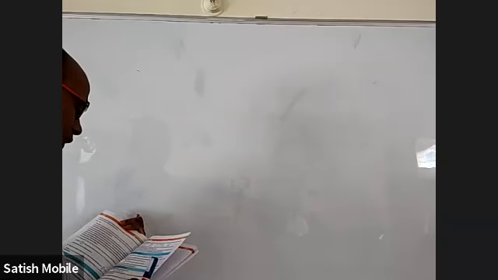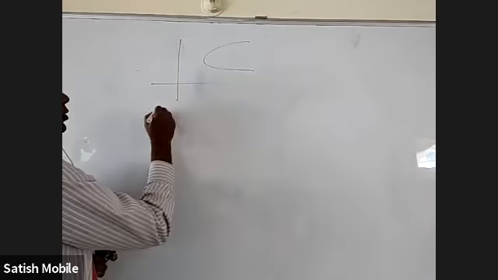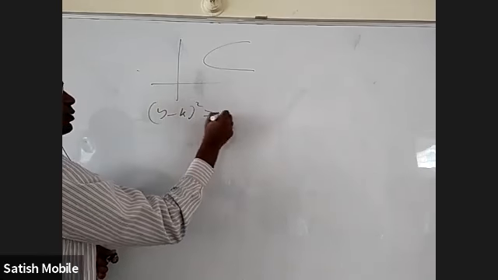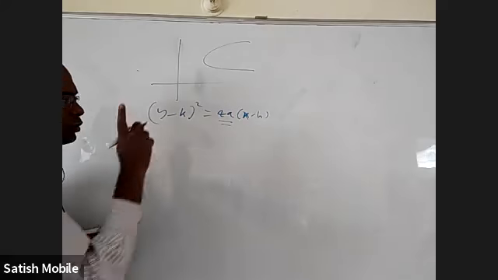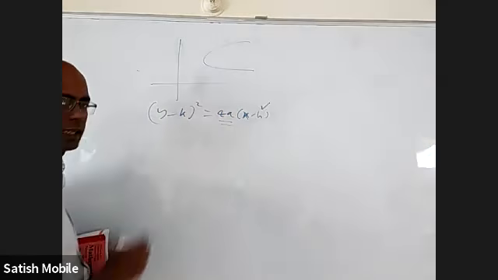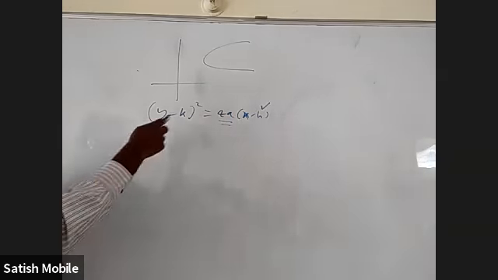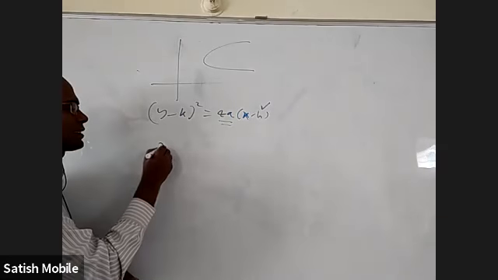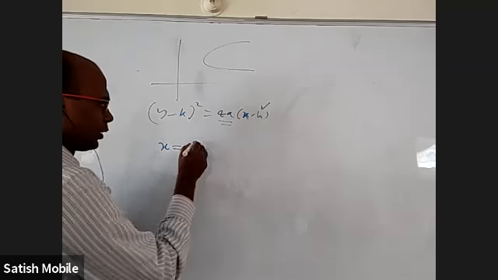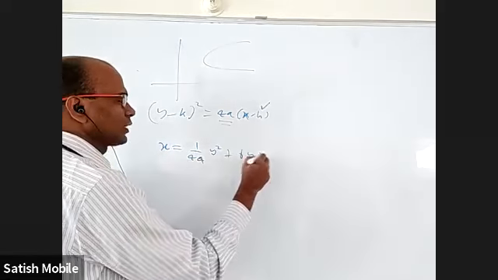Okay, coming to this, the parabolas, each of which has latus rectum 4a and whose axis is parallel to the x-axis. So it can be anywhere. So it is (y minus k) whole square equal to 4a into (x minus h). Don't think a is variable here. The two variables that you need to avoid are h and k. There is another way to write the same equation: x is equal to 1 by 4a into y square, plus some constant into y, plus some constant.